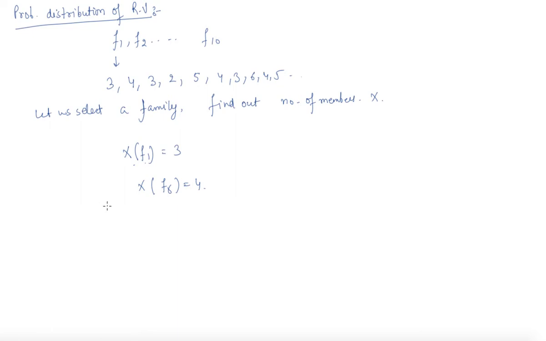Now I need to find the probability that any of the families f1, f3 or f7 is selected, which is 3 by 10, because the probability of selecting any family is equal and it is 1 by 10, and thus the probability x can take the value is